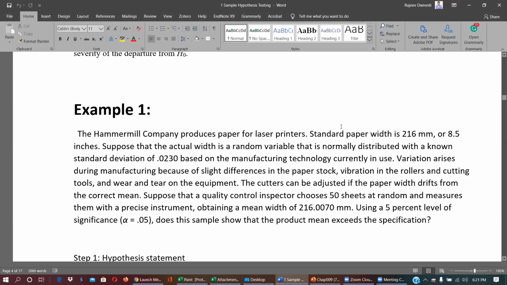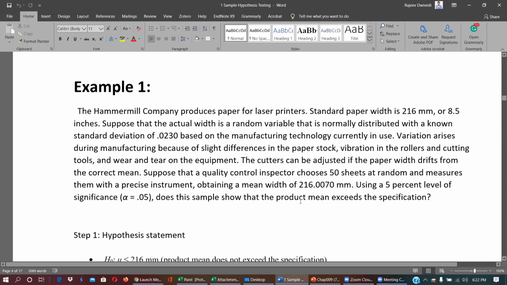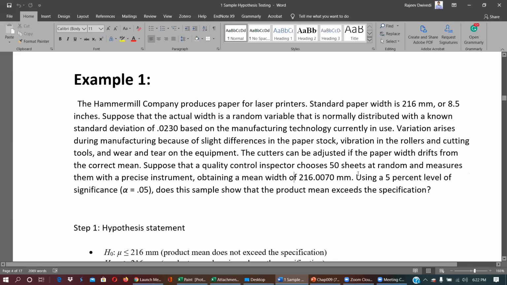Suppose that quality control inspects 50 sheets at random and measures them with a precise instrument, obtaining a mean width of 216.007 millimeter. Using a 5% level of significance, does the sample show that product mean exceeds the specification? So we are going to check whether the sample of 50 sheets shows that the mean exceeds the specification. Okay,